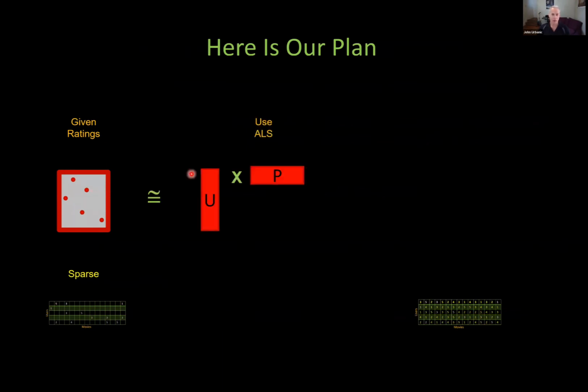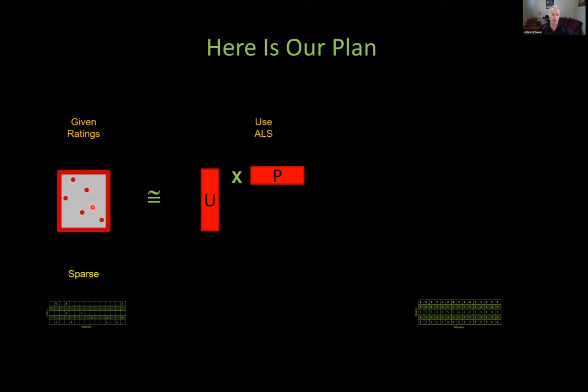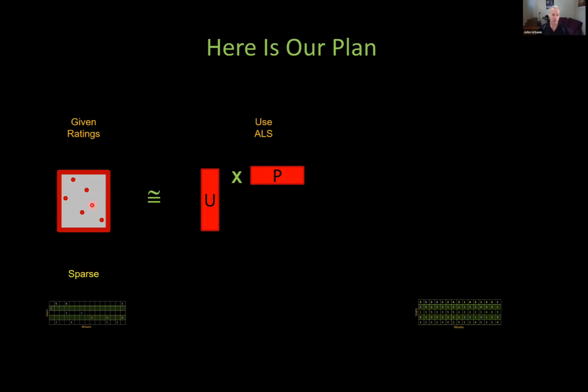We're going to do it by coming up with these U and P matrices here. So that when we multiply any given row by any given column here, we're going to come up with a new element, even one that's missing. So we want to find this missing element here, right? And it's in this row and column. We just come over here and we get the right row, and we get the right column, and we can reproduce that element. So that's our goal, to come up with good U and P matrices here. And they're also going to have the virtue that our U and P matrices are going to be much smaller.